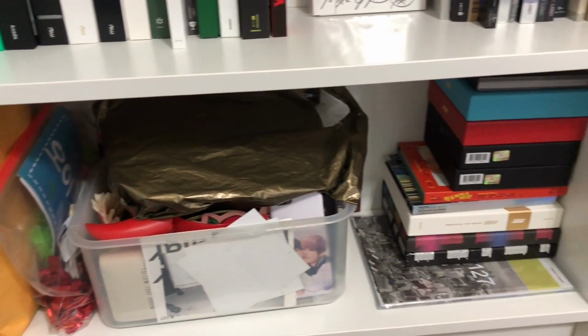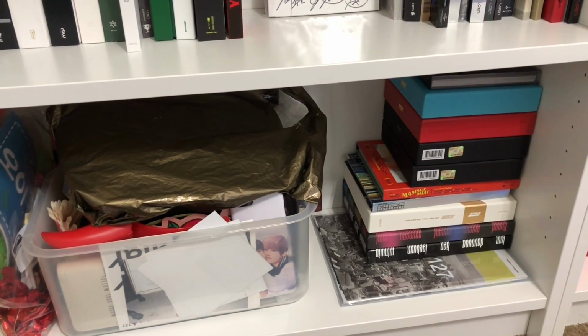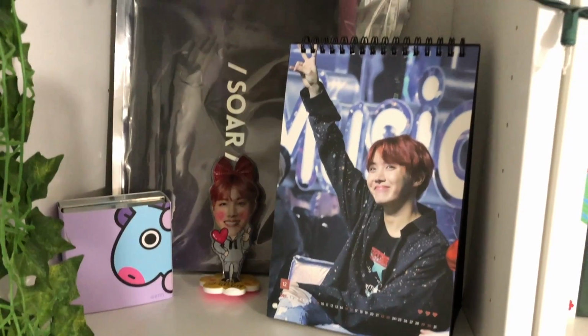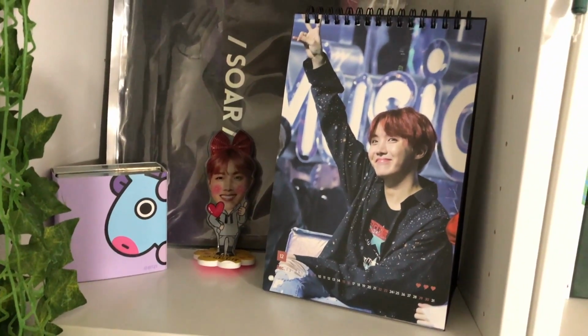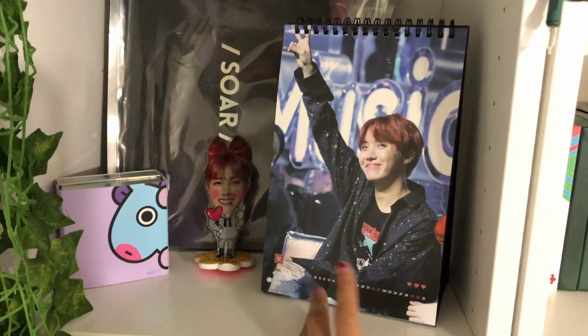And then over to the side is albums that I am still selling. I still have quite a few albums, so if you guys are interested, you should check out my sales videos. So yeah, this shelf is like a little mini J-Hope shrine, and it just has my season's greetings